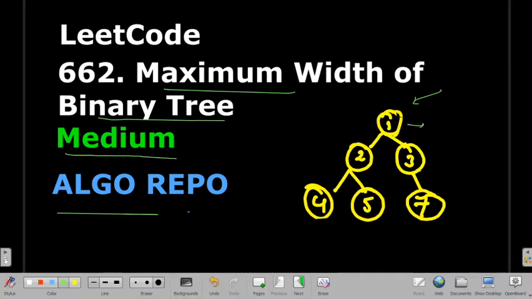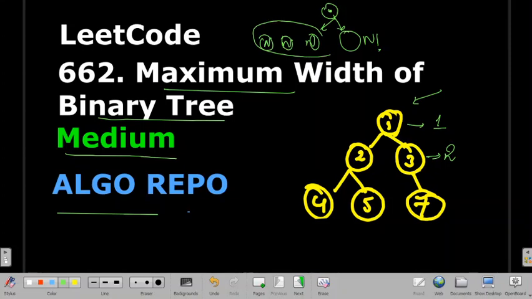At level 1 we have only one node, so we will have width equals to 1, and in the same way we have two nodes in this level, so we will have width equals to 2. And at level 3 we have three nodes, but we have to keep in mind that if my node has a right node which is not null, and I have any number of nodes whose values are null, still we count these nodes if my right node is not null.